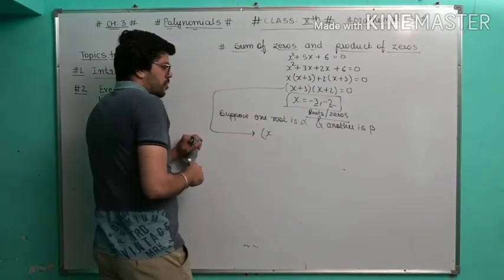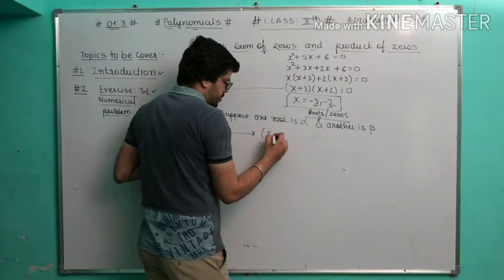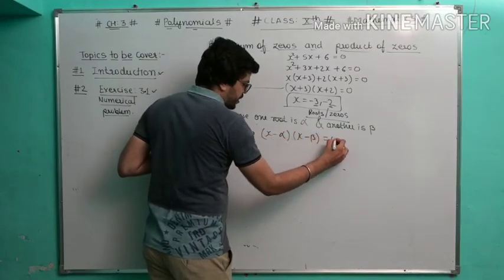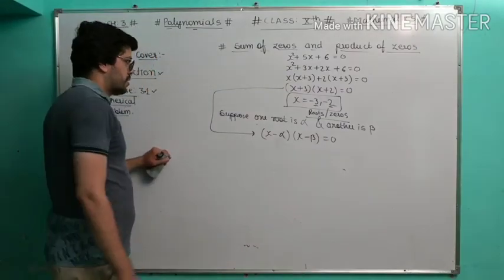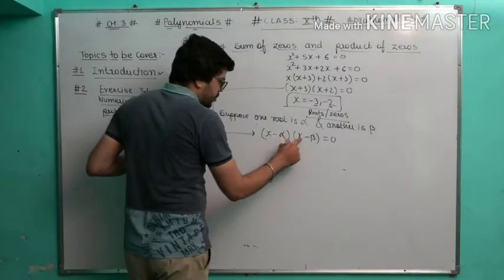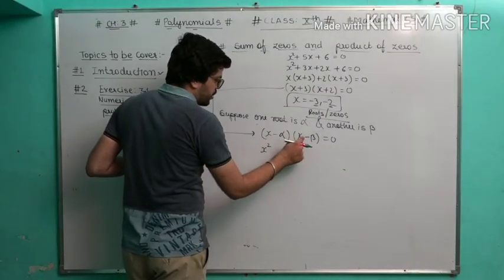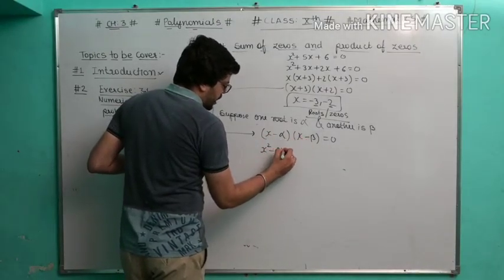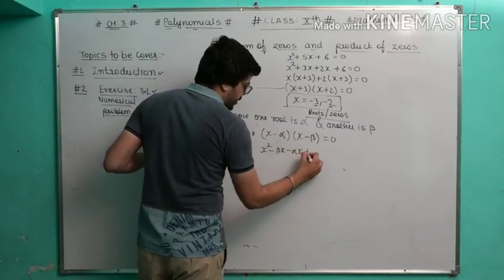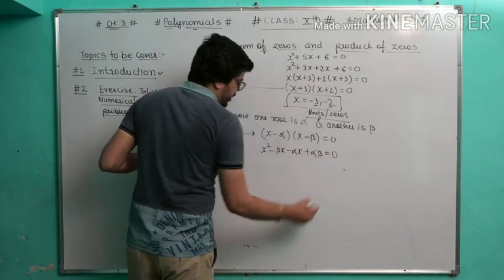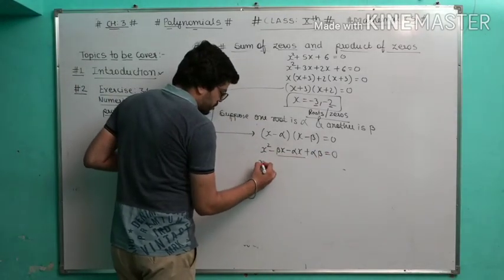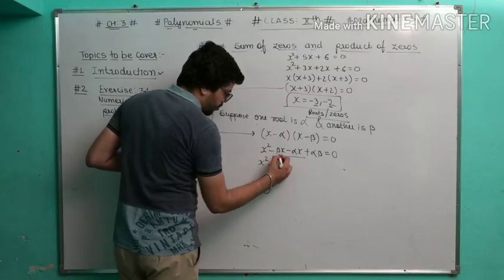So x minus alpha and x minus beta is equal to 0. We have to find the sum of zeros formula and the product of zeros. x into x is x square, x into minus beta, minus alpha x, minus into minus gives plus alpha into beta. So what is the common scenario? x square, minus is common, and x is